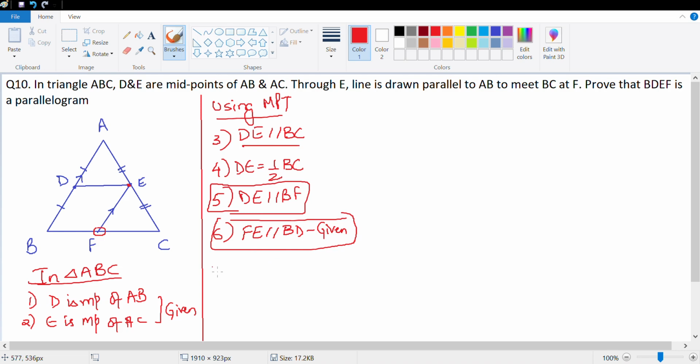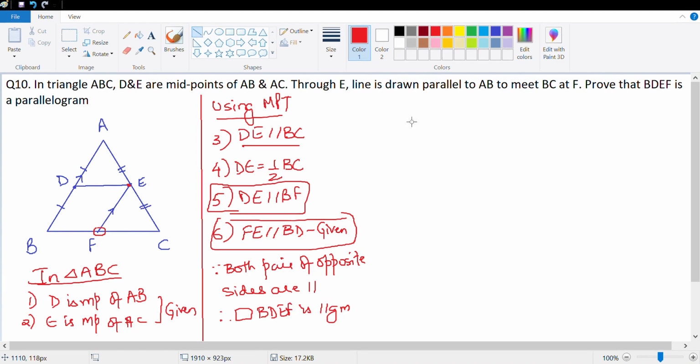So let's write that. Since both pairs of opposite sides are parallel, therefore quadrilateral BDEF is a parallelogram. Done. So this part of the question is done. There is a second part to the question. The second part to the question says